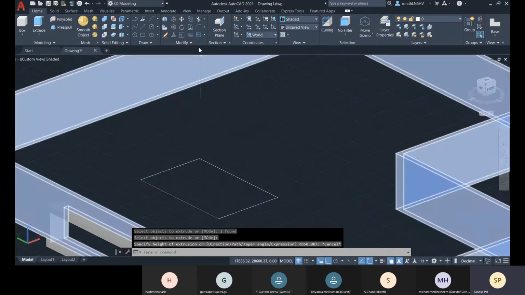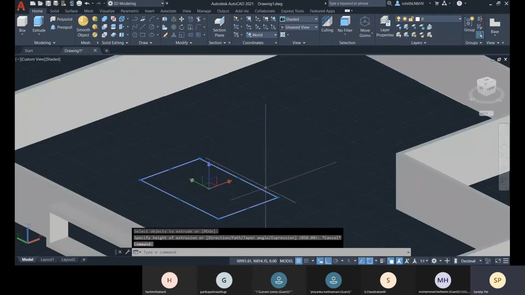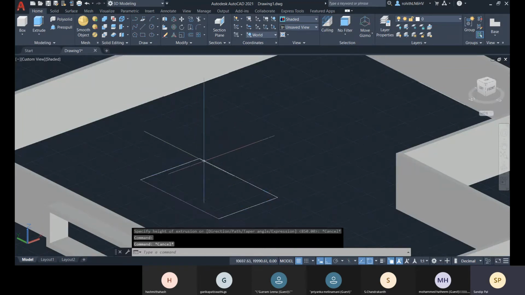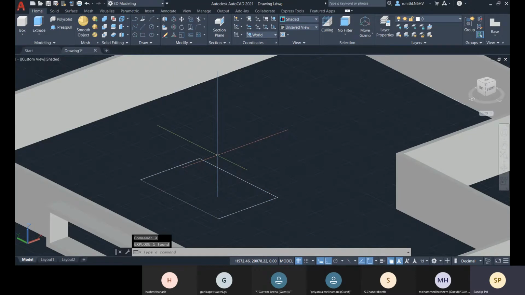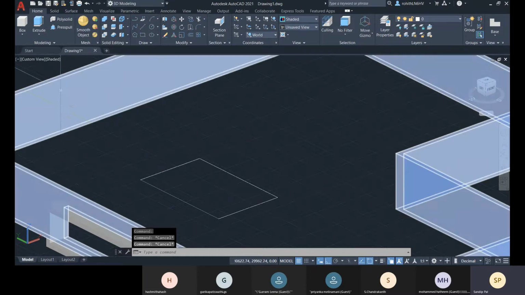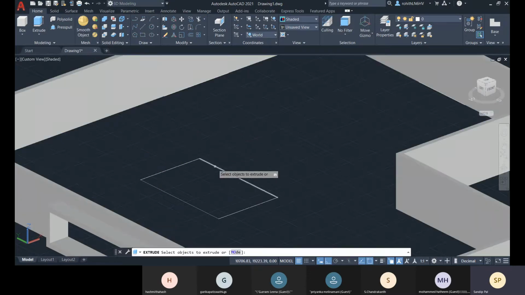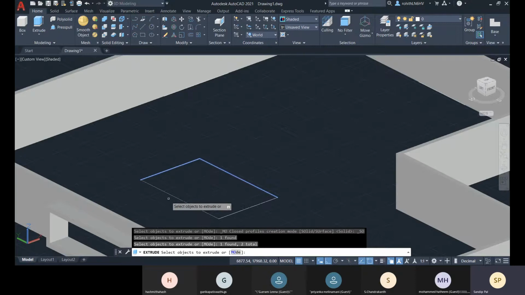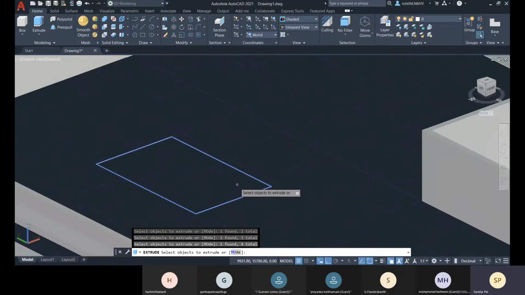Suppose you have this not as a polyline, you have this as single 4 lines. Let me go with explode, and you have all this as 4 lines. So if you extrude all the single four lines, it will be extruded as a surface because it doesn't have any thickness.